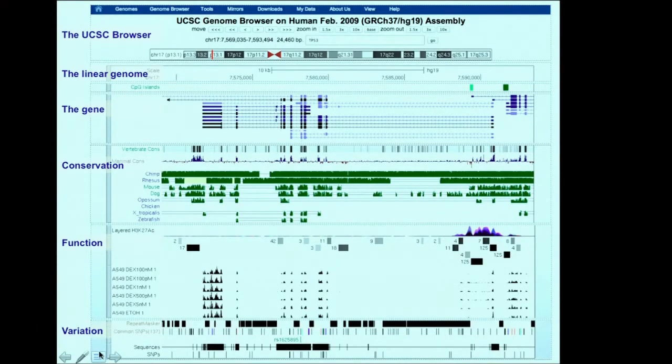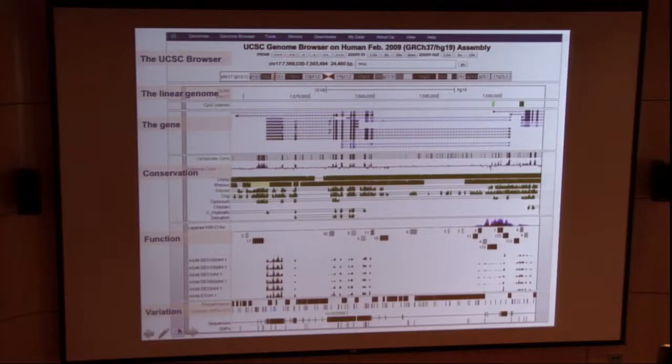And more recently, there's variation tracks, and more recently there's this addition of publications, right? So genome browsers start to tap into the community resources, right? So all the papers, so what you're seeing here, the tracks link to all the papers that talk about this gene, right? So that's all good and nice, except it's oversimplified for a good reason, right?